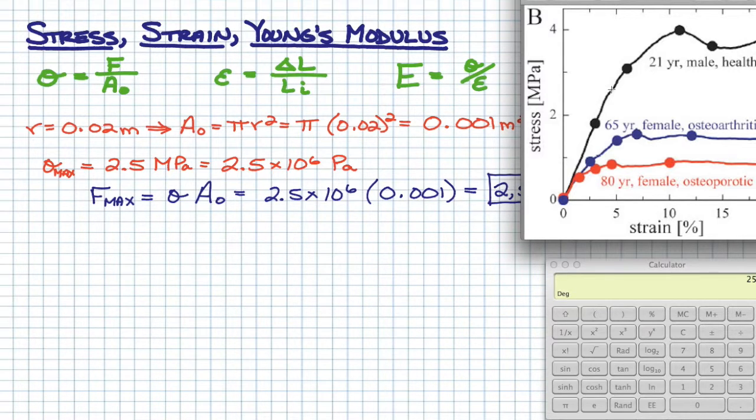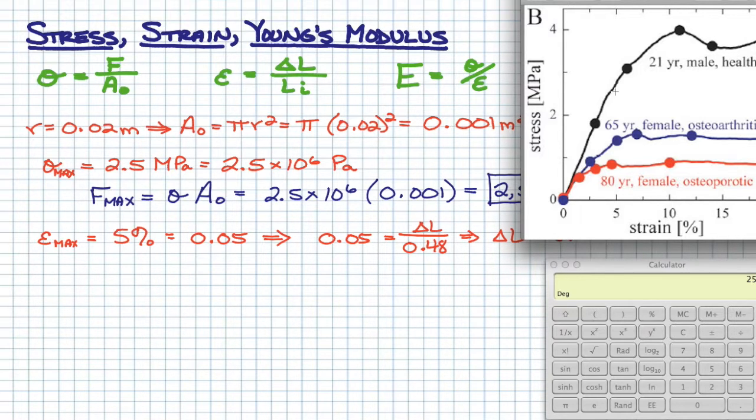So if our max strain is 5%, be careful, it's 5%. If it's 5%, then it should equal 0.05. So if our strain is 0.05, then what we need to do here is take a look at our strain equation. Our strain is going to be equal to our change in length over our original length. And then all we're going to have to do is calculate what our change in length is, which should be